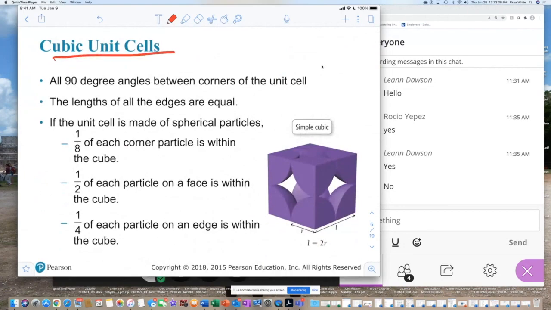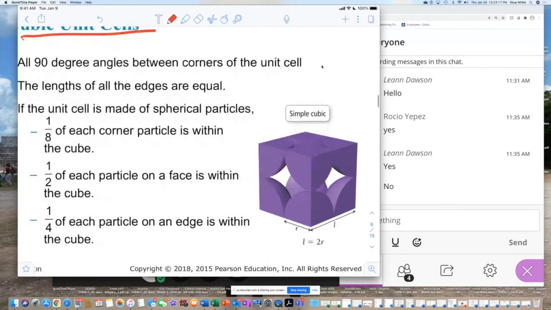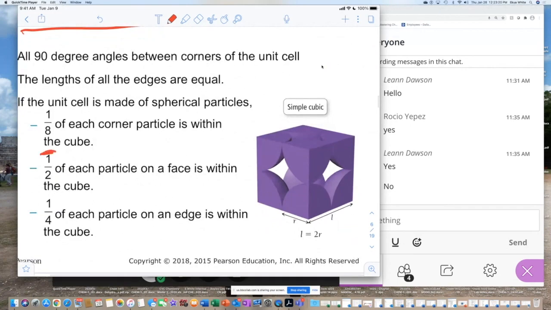We talked about cubic unit cells, right? So now we're going to be talking about the fractions of the whole atom in different parts of the unit cell. I want you guys to write this down, right? If you have a unit cell, this is just generic, not necessarily this unit cell. If you have an atom, these right here are representing the atoms. If you have an atom in the corner of the unit cell, then it's usually 1/8 of the atom. As you write this down, I'm going to write it down too, just so I can visually see it. So the corner pieces